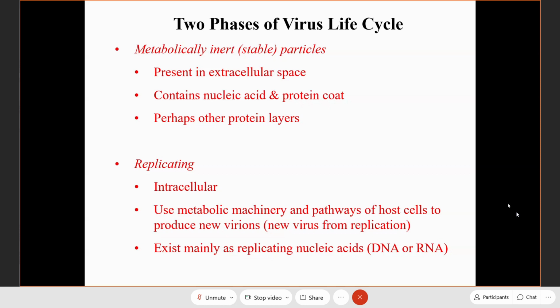The next step is, once you have DNA or RNA, or you already have protein, you want to assemble them together to become a new virus particle. The assembly of the virus occurs at different places in the cell, depending on the type of virus. Some occur in the nucleus. Some viruses prefer the cytoplasm. Where in the cytoplasm? Can be mitochondria, can be Golgi apparatus. There are lots of things that happen. So each step there, you need to understand as virologists.